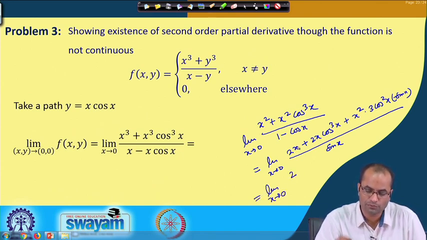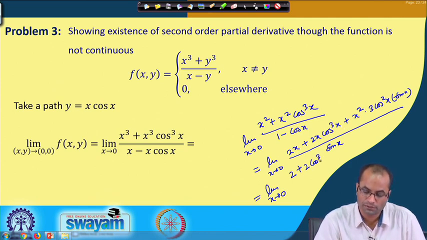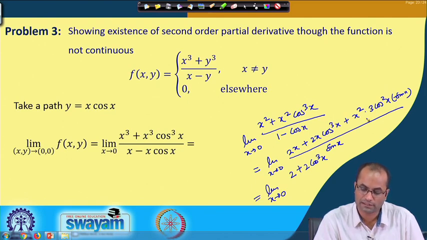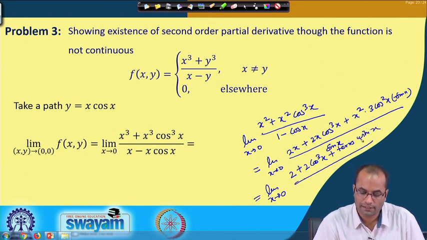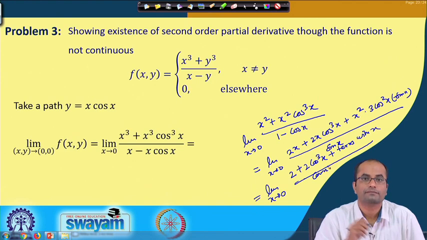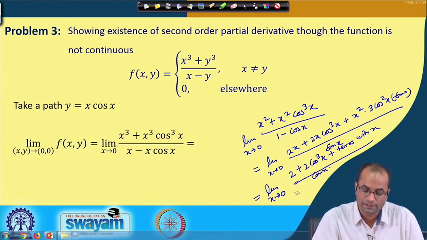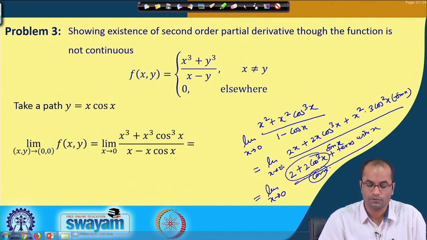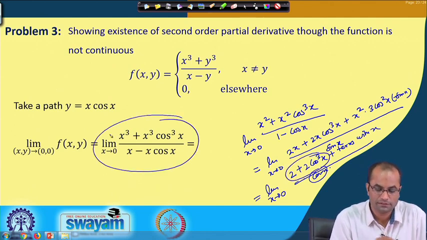So, here we have 2 without x, and in this case also we will have 2 without x when we do this derivative here, the product rule on cos cube x, and in the rest I see the x will appear. So, terms with x, and then we have here cos x. So, in this case now if we take the limit, this is 1 and here 2 plus 2 will become 4. So, this limit is 4,